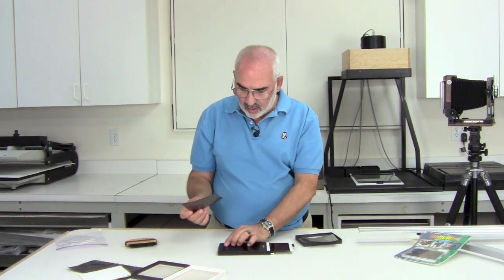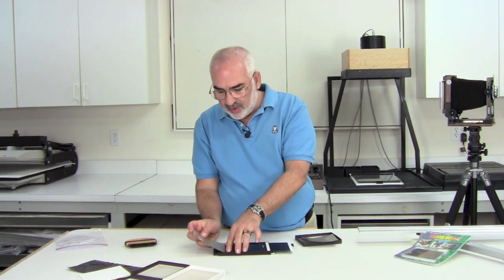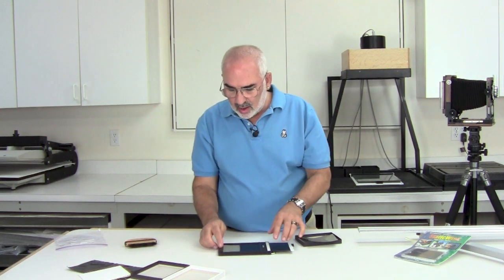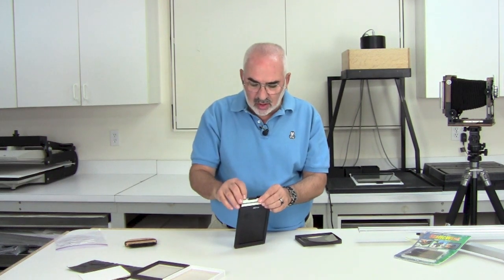Separate out the film. You just take my little finger here. Again, you can feel the tracks where they start here. So with your two fingers here, just gently slide the film in until it stops. Close the little flap, push this down, and you notice there's two little locks, so just lock one way and